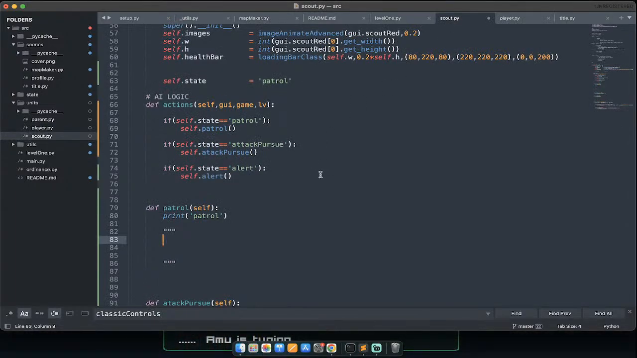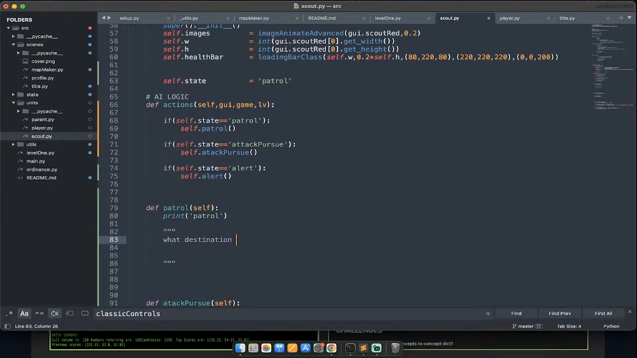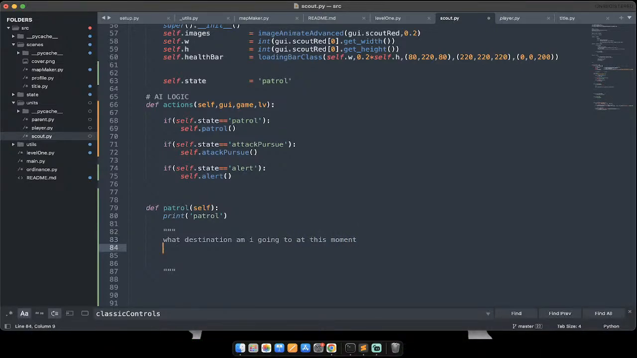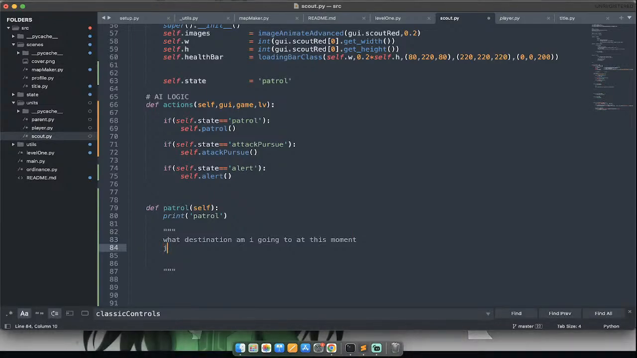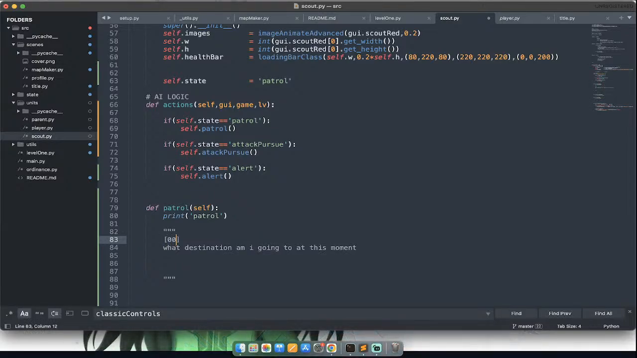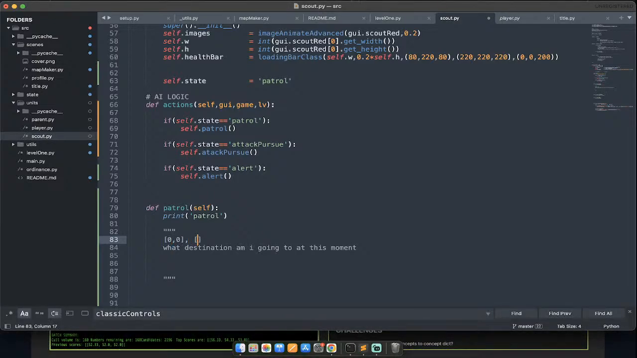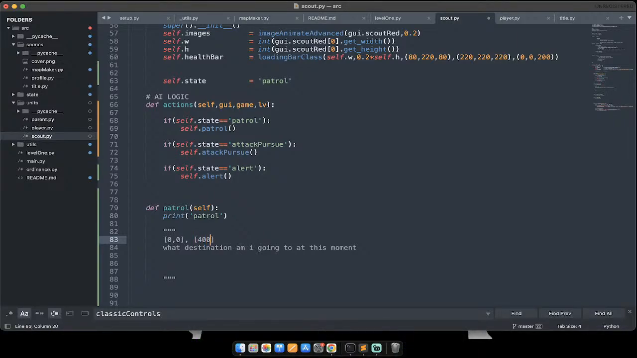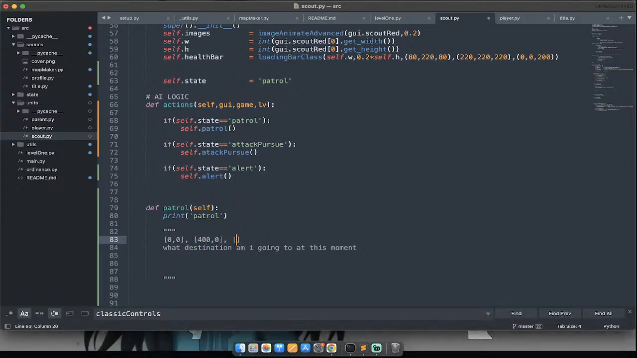One is you need to know where it is that you're going. Like, what destination am I going to at this moment? And then I need to constantly go to that destination. And that's what makes this hard, because even with 4 points, even if I've got 4 coordinates, like 0, 0, let's say my screen's 1,500, so I could say 0, 0, then I maybe go to 400, 0, and then I maybe go to